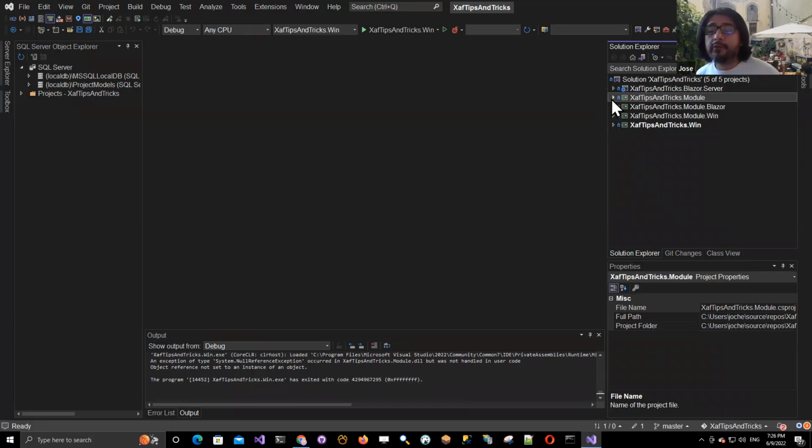How to add attributes in runtime. This is also something that I see often in the Facebook group. That's why I decided to do this demo. What I'm going to show again is using XAF infrastructure, but there is a way to use .NET infrastructure to